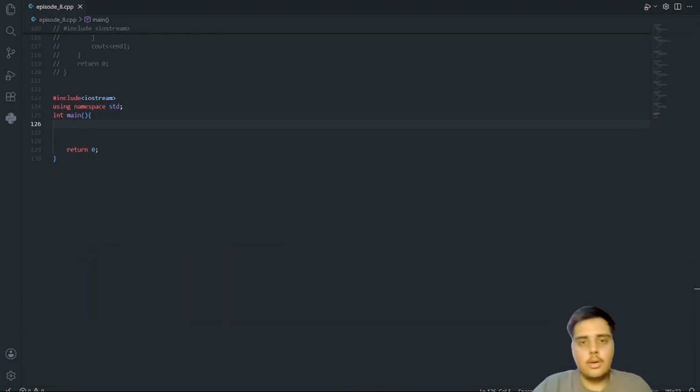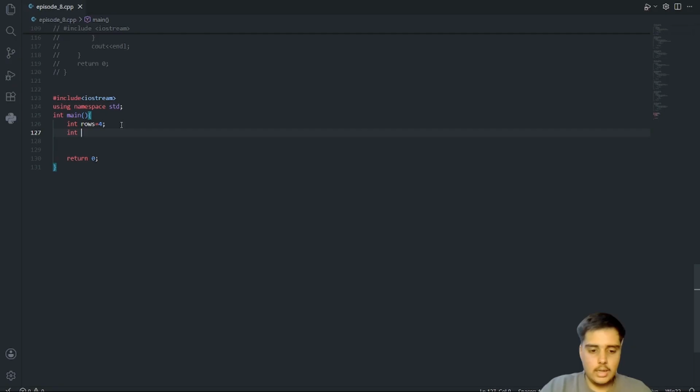So here in the question I will say int rows equal to 4 and int columns equal to 6.